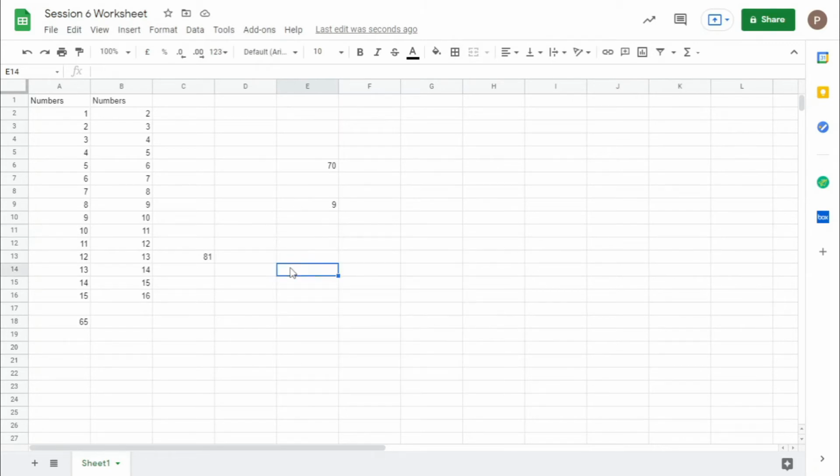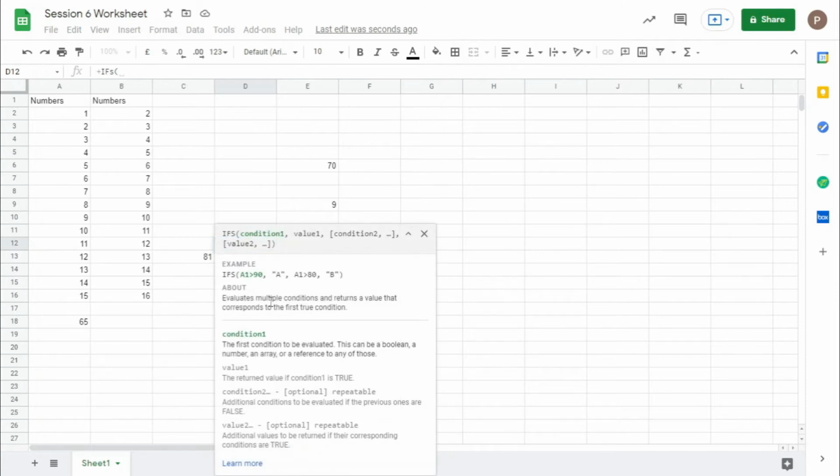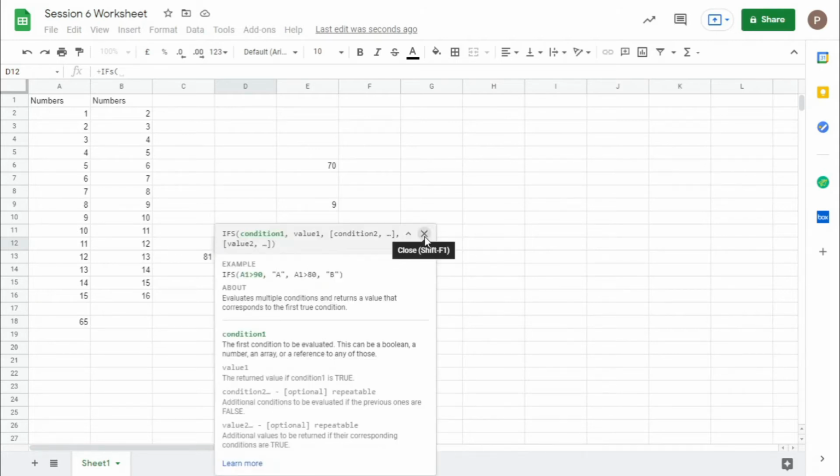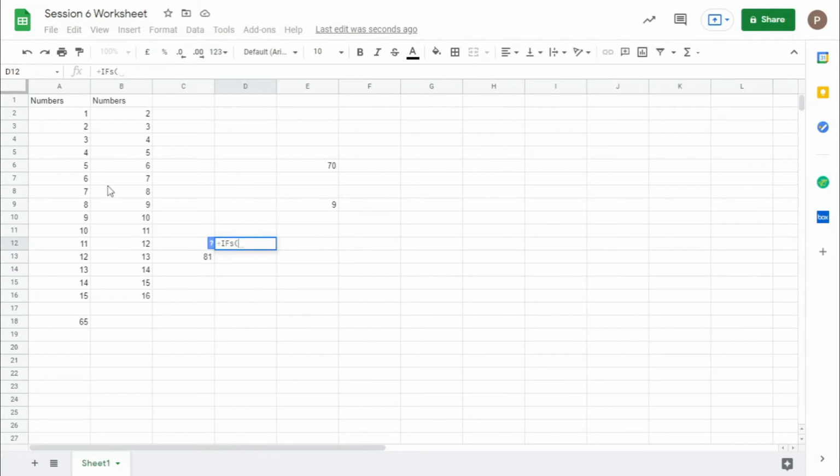Since in the last session we learned about if, now we have to know about IFS. IFS is another function which, based on the conditions you give, gives the value. Let's say you take a certain cell and give, if it's greater than 10, comma, give 1.